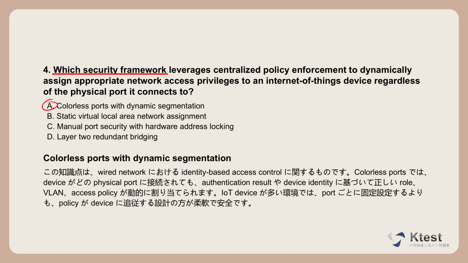Yeah. Colorless ports completely changed that logic. Now, the network authenticates the device first. Oh, I see. And then it dynamically assigns the correct role and VLAN based on its identity, totally independent of its physical geography. Right. But even with identity-driven security, we still have to worry about the physical realities of the